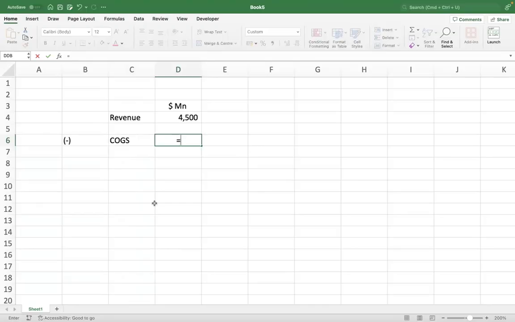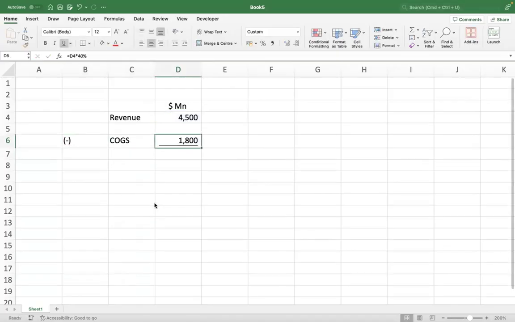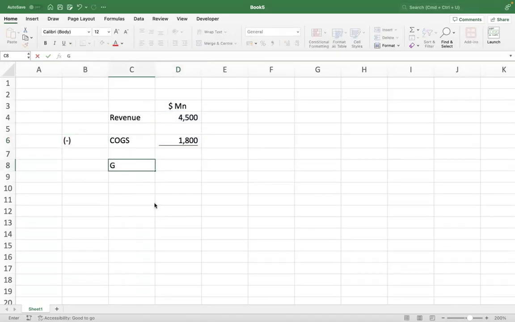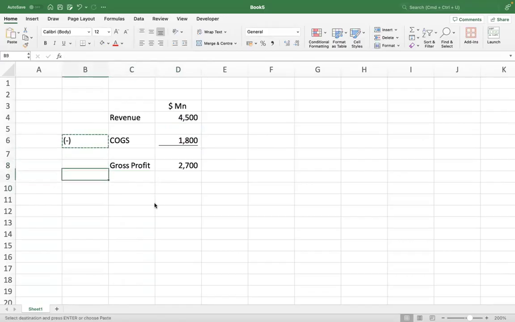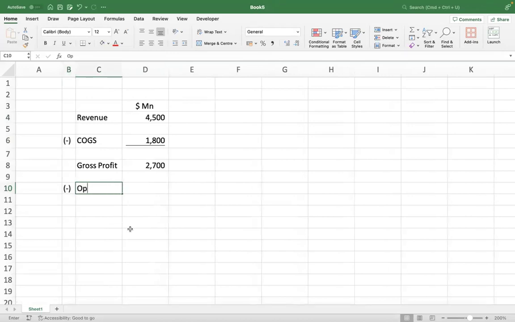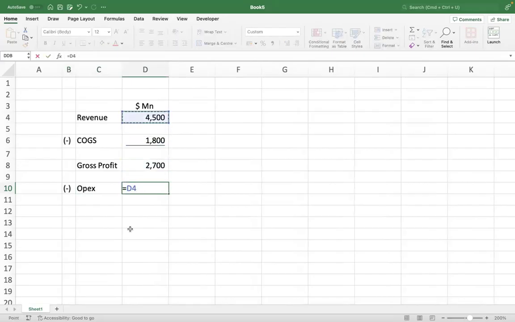COGS stands for cost of goods sold. So if the COGS is 40%, automatically the gross profit implies is 60%. Let's also assume that the operating expenses, excluding depreciation, is 20% of revenues,